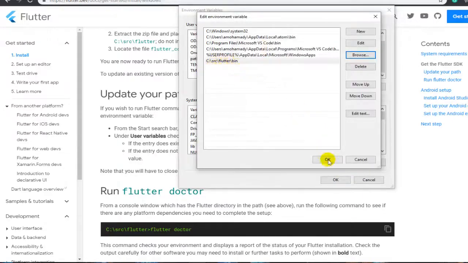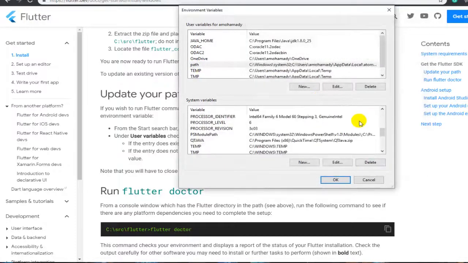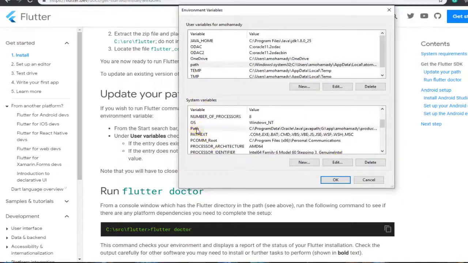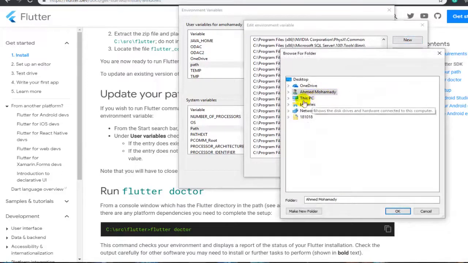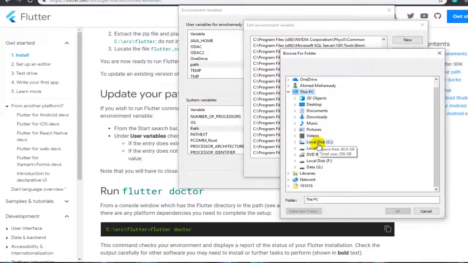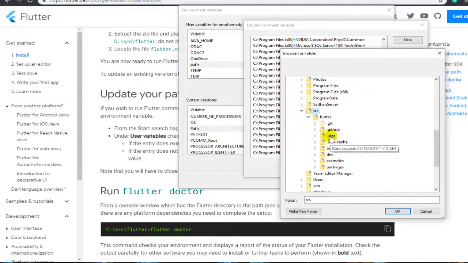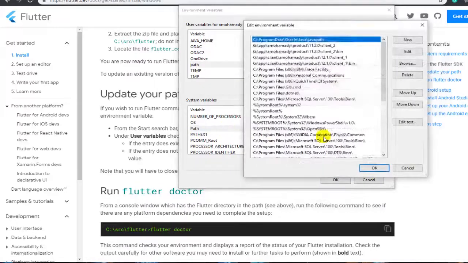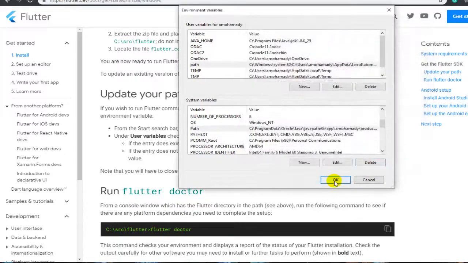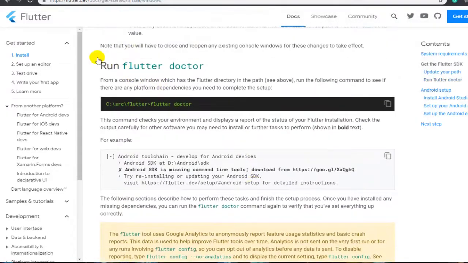We have a new path, OK, and go to the second widget and click on Path and New and browse like the previous step and go to src and click on bin and OK. We have it in my path and OK. That's all. And now you must run Flutter Doctor